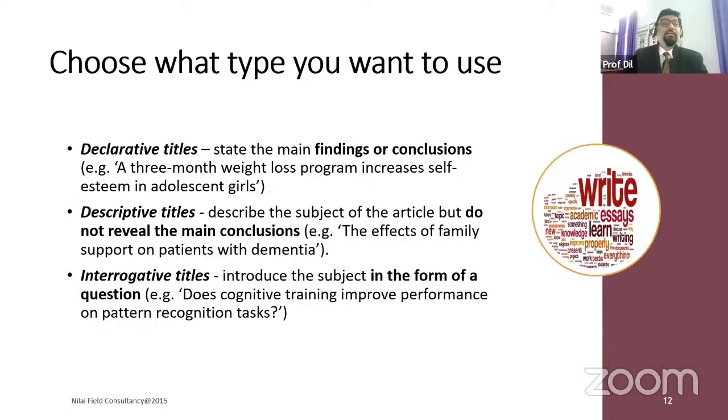But the difference between these two and interrogative is interrogation: police interrogation, court, they are questioning you. They're poking you, exactly. So whom are you poking? Basically the reviewers, the editors, and the readers. These are the three people you are trying to poke. But what are editors and reviewers looking for? How are you poking? Is that poking able to create more inquisitiveness among the readers to read your article?